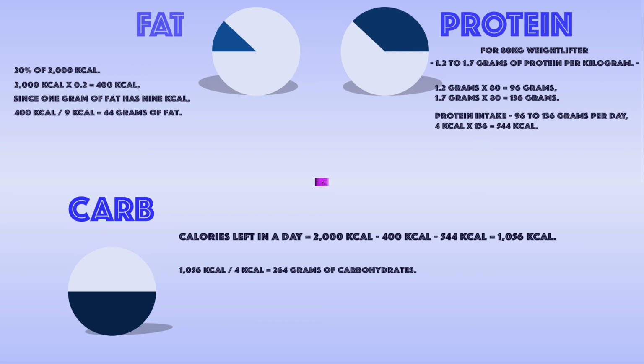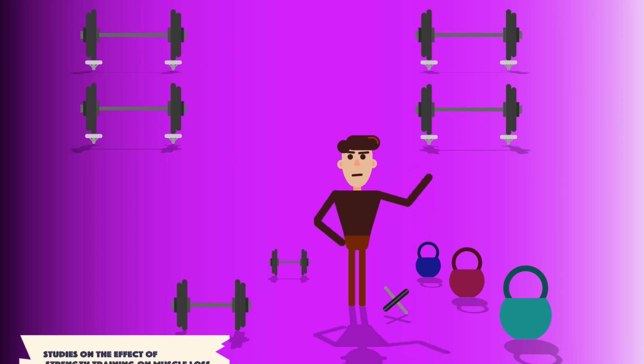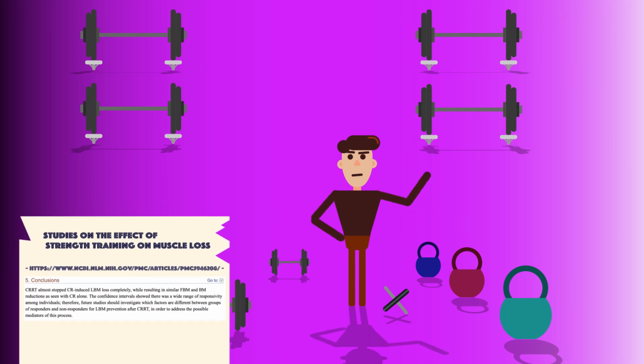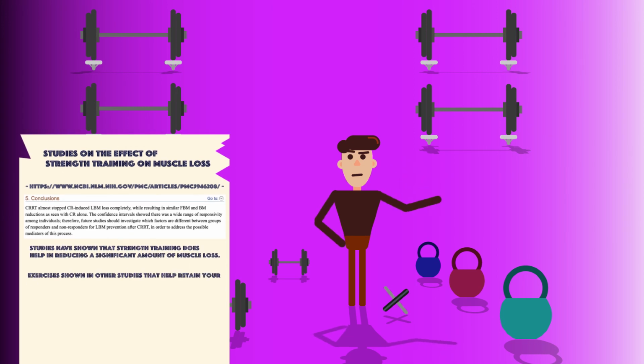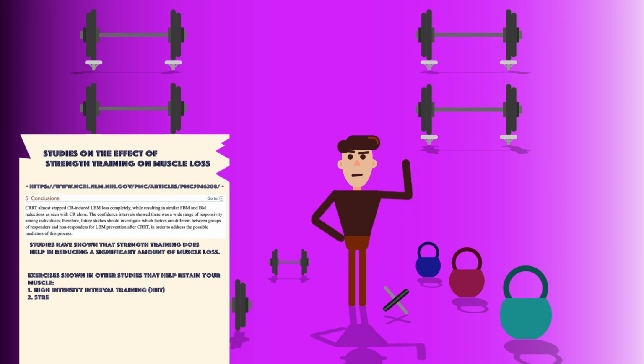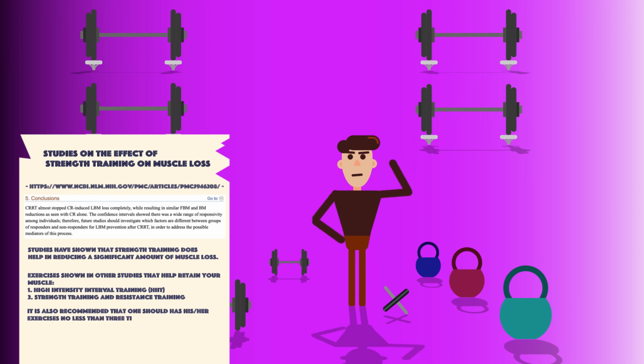You need to take note that in order for you to retain your muscles, you need to be exercising regularly. By constantly doing strength training, you are telling your body that those muscles you have are very important. This makes your body less likely to break down the muscle tissue that you already have. Studies have shown that exercises such as high-intensity interval training, aka HIIT, strength training, and resistance training are effective at attenuating declines in muscle mass when in a caloric deficit. With that, you should exercise no less than 3 times a week in order to do so.